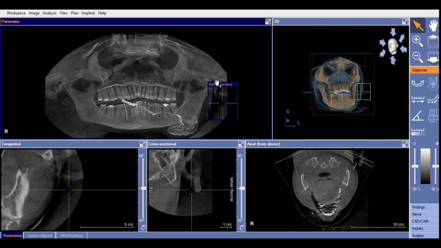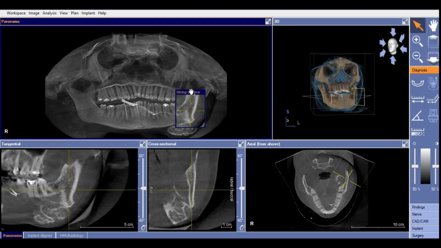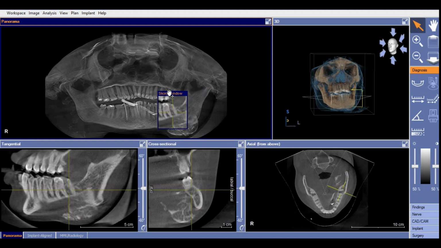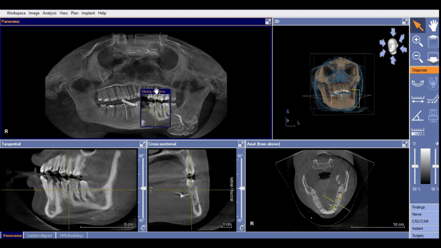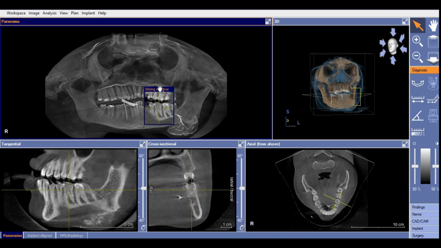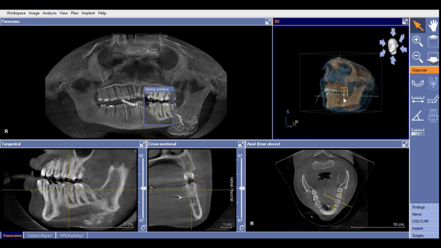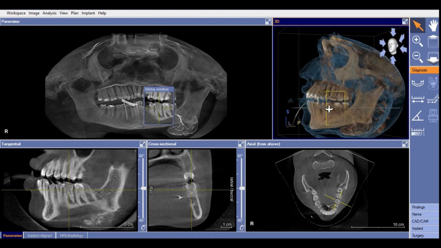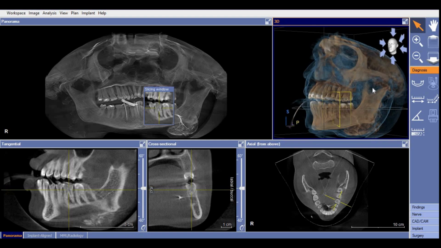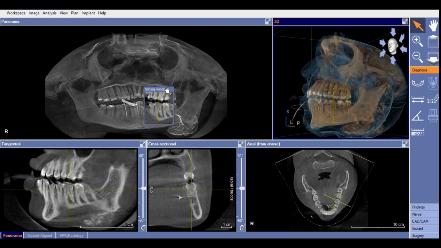In order to view that, we have taken a CBCT to have a thorough understanding of the ductal architecture. This is the slicing window which you can use, and whenever you move the slicing window, the image will be shown accordingly. If I keep it over the 3/6, automatically the tangential view of the 3/6 will be shown here, the cross-sectional view will be shown here, and the axial view will be shown separately. We can also see exactly where we are and correlate with the 3D reconstructed image. So it helps as a guideline.